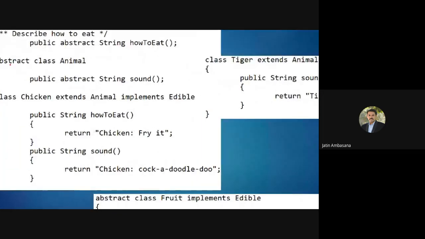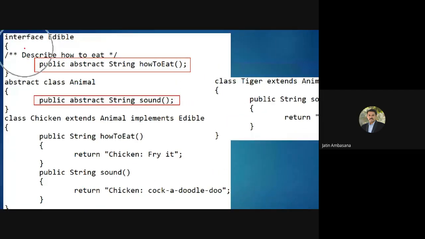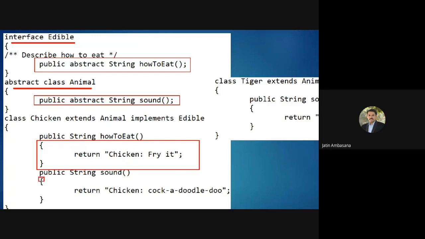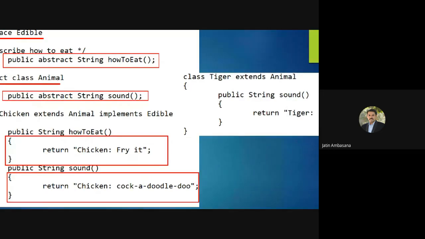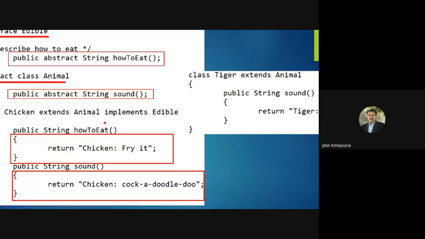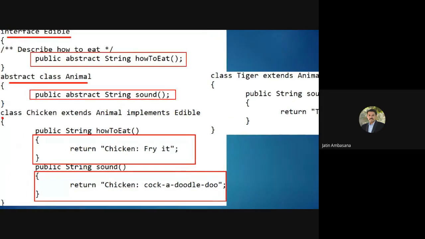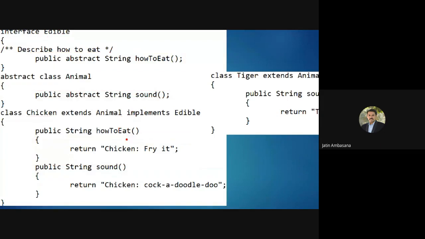And inside this, we provide definitions for these method declarations. One method was declared inside the interface, another was inside the abstract class. So here we provide the body for both methods. For class Chicken, if howToEat is the method, then it returns a string, "chicken fried".